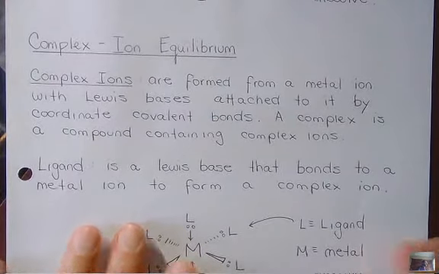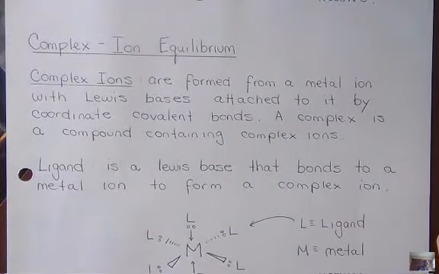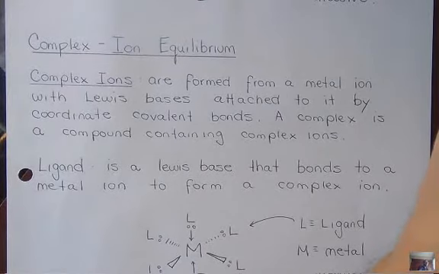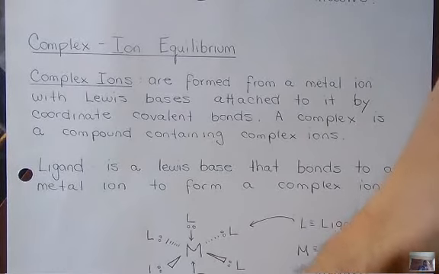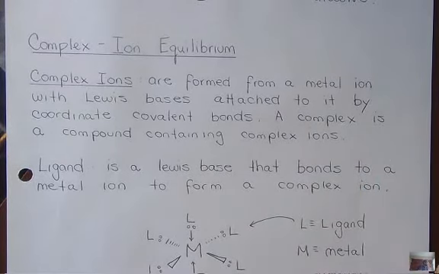So far, just to review, we've talked about Kc, which is a regular equilibrium constant, and Kp, which is the equilibrium constant in terms of pressure. That was in chapter 15. In chapters 16 and 17, we talked about Kas, the equilibrium constant for weak acids, Kbs, the equilibrium constant for weak bases, and Kw, which is the equilibrium constant for water, the autoionization of water. And in the beginning of chapter 17, we talked about Ksp, which